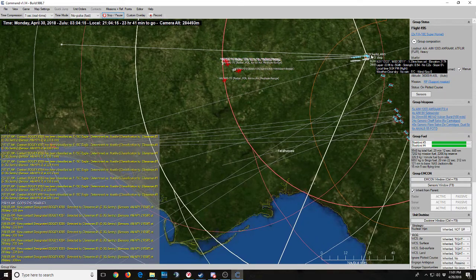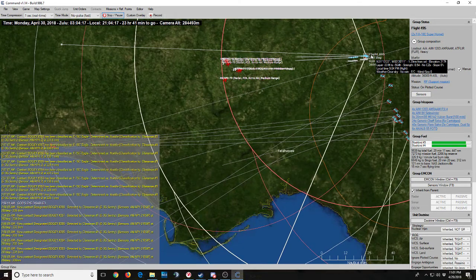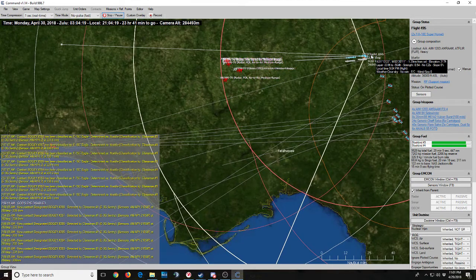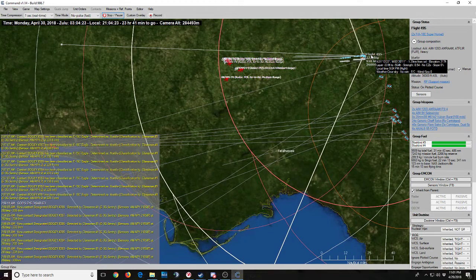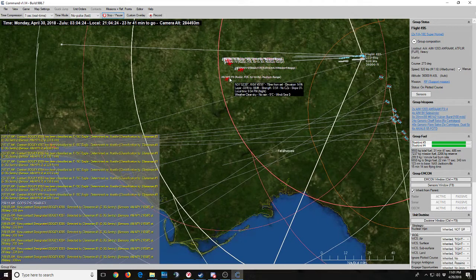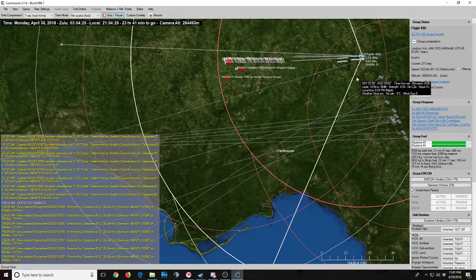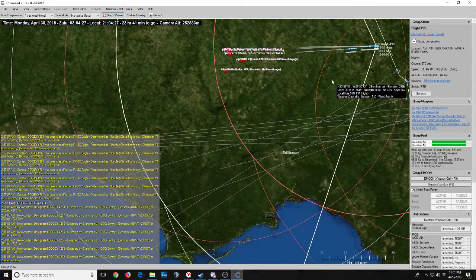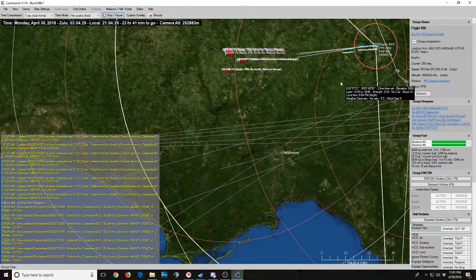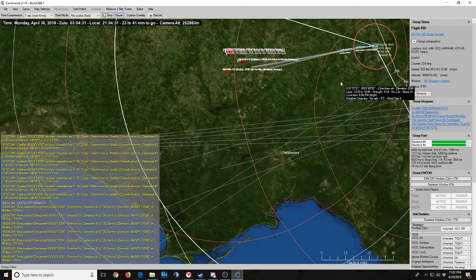Now, in particular, this works very well if you have a range advantage over the enemy's missiles. Unfortunately, they're going to be shooting AMRAAMs right back at us in this case. But the closer we get, the less likely that we are to